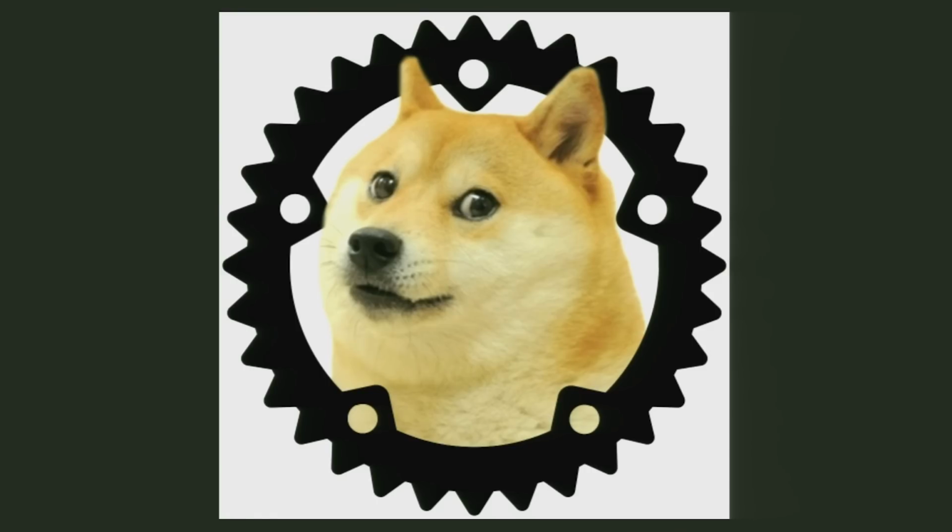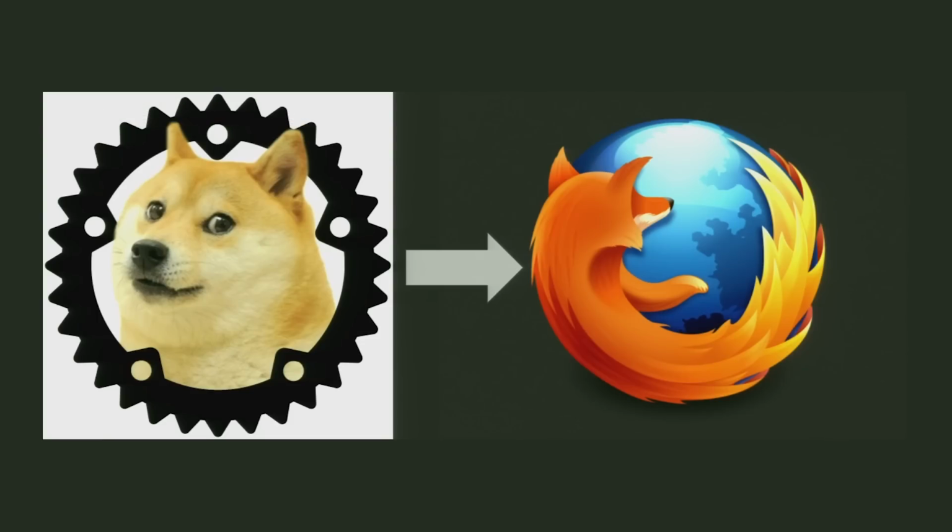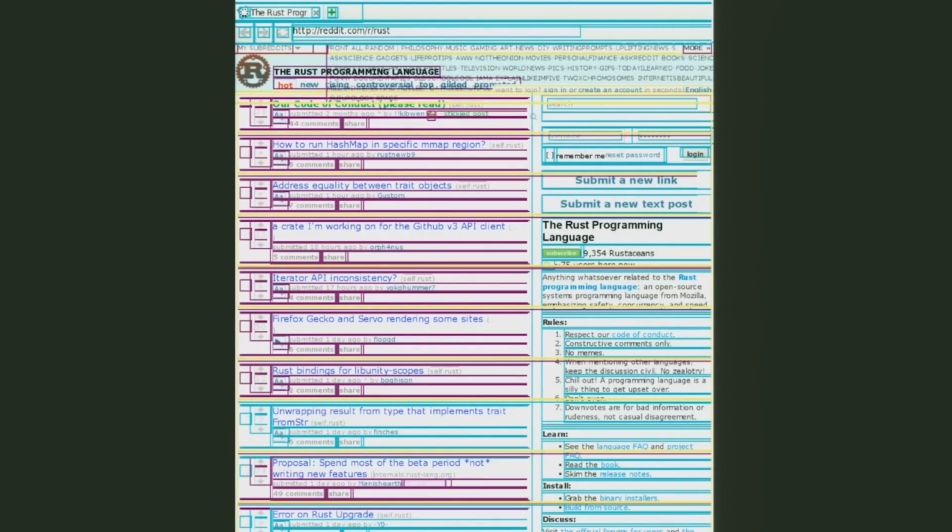The first one is to prove out Rust as a language and make sure that it works. But the second, I put this slide out of order. The second one is that Servo is slowly moving its way into Firefox as well. I'll talk about that in a second because I want to show you these things. One of the cool things about Servo is that it's massively parallel at all levels. This is an example from a couple months ago of Servo rendering the Rust subreddit. The colors on the boxes indicate a different thread that determined where that layout object needed to go. So we are using multiple threads on every single level, and it demonstrates the kind of parallelism that it has.